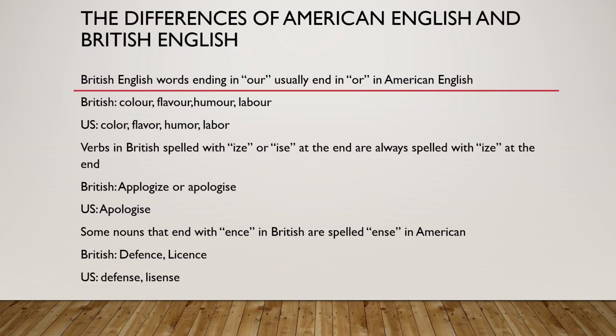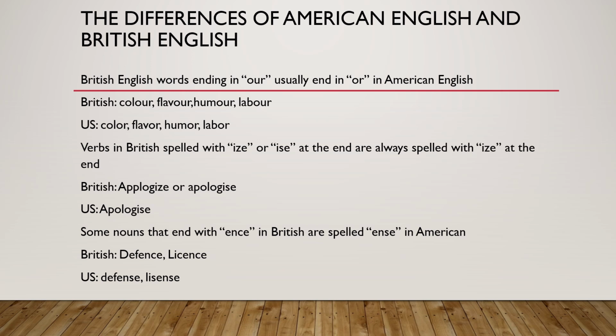Okay, now it's time for you to know about the differences between American English and British English. Okay, British English words ending in "our" usually end in "or" in American English, so it is different in the spelling. Okay, the first thing I will explain to you is the spelling. For example, for British, colour, flavour, harbour, labour, and in the United States, you usually write it without the U in the words color, flavor, humor, labor,